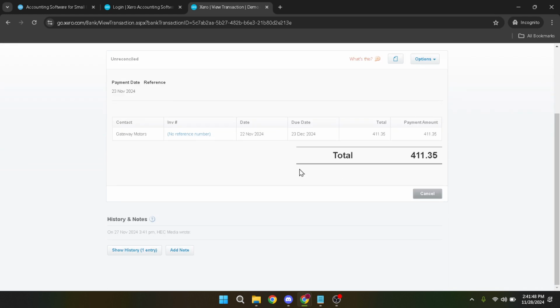Always ensure your vendors' email addresses are kept up to date in your Xero contacts to avoid any communication mishaps. Periodically review your list of paid invoices to ensure remittance advice has been sent for all relevant transactions. Not only does this keep your records tidy, but it can also help in preventing any discrepancies or confusion in the future. I hope this step-by-step guide has been helpful.